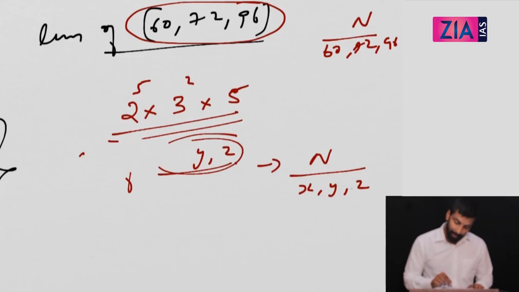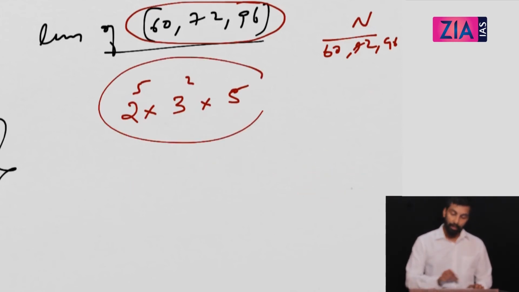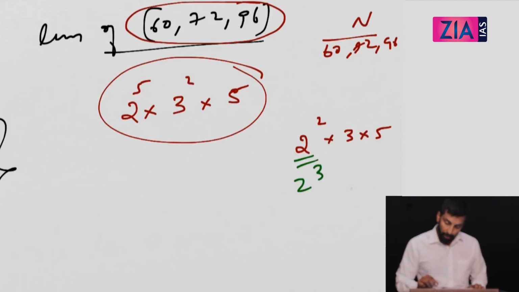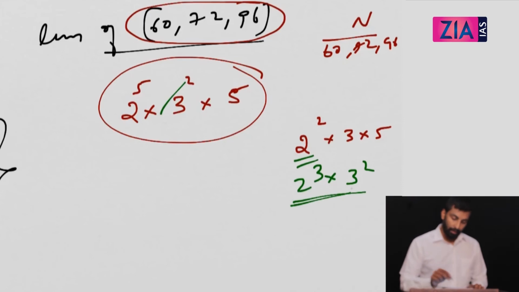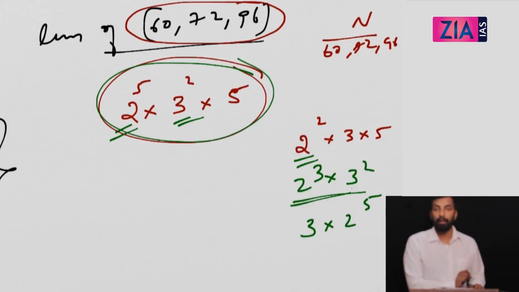Now you can check with this itself whether you can divide by 60, 72 and 96. I told you this is your LCM. You can check whether you can divide by 60. So 60 means 2 raised to 2 into 3 into 5. Can I divide? I can divide because 1 five is there, right? Then 1 three is there, I can divide. Then 2 twos are there, so I can divide it, right? Similarly 72 is 2 cube into 3 square. So I can divide 3 square here, 2 cube also I can divide. I get a quotient. Similarly 96 is 3 into 2 raised to 5. 2 raised to 5 is here, I'll get a 3 here, I can divide. So this is my LCM.